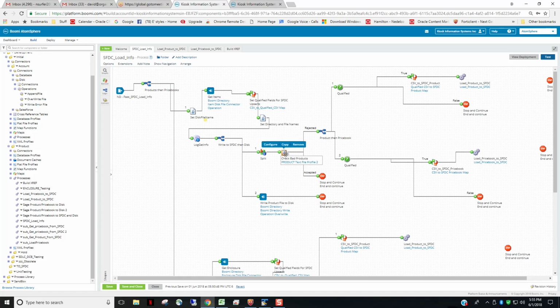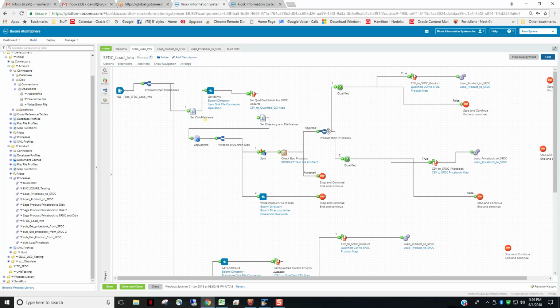split. If the records are grouped into batches, this splits it so it can be processed one by one, because we need to look at the specific product codes. We found like 7 or 8 that had descriptions that caused issues, so we're weeding those out. If it's any one of those, it goes to the accepted route and the process is done. Otherwise, the other 72,000 or 75,000 records take the rejected route because they're not in the list that we were